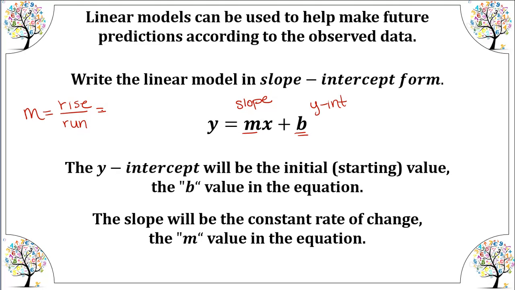The formula, when given 2 points, is y2 minus y1 over x2 minus x1. So as long as you know 2 points of a linear function, you can find the slope or the constant